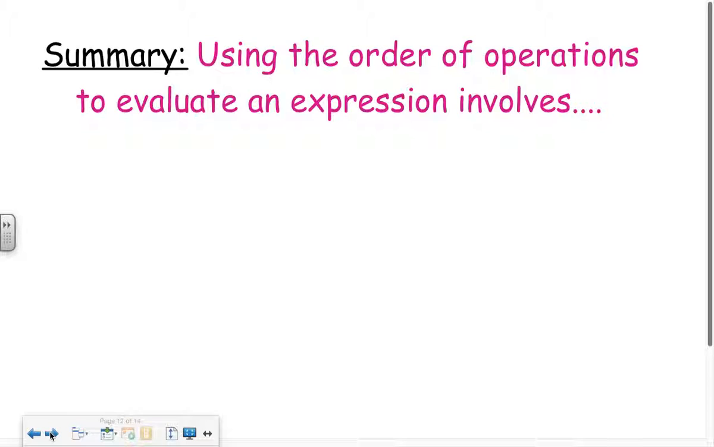Summary. Using the order of operations to evaluate an expression involves